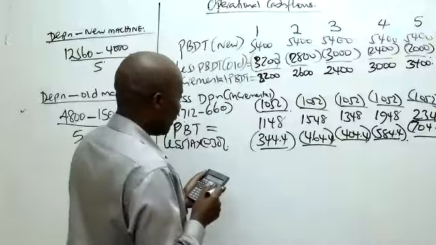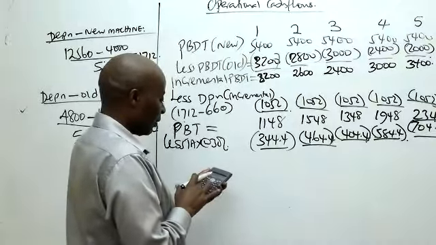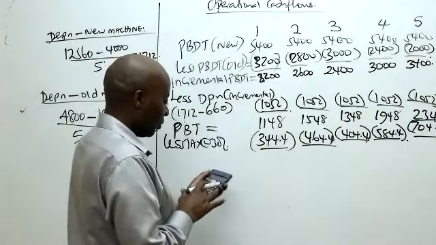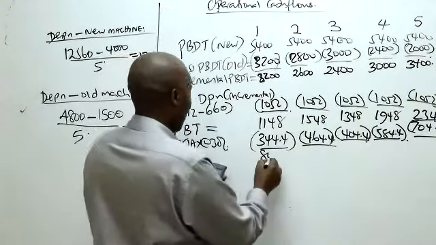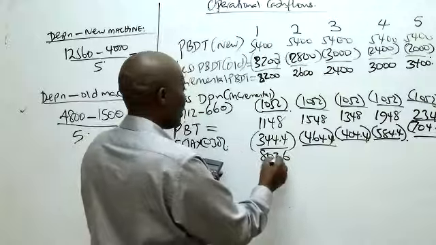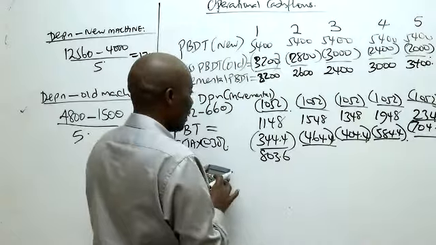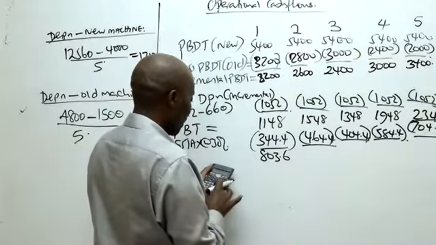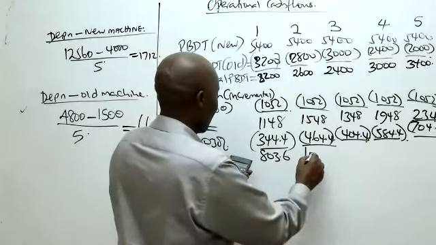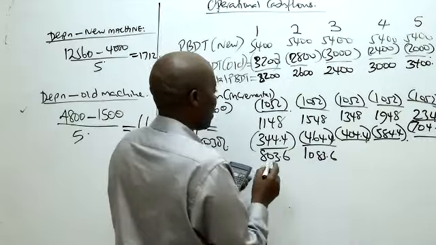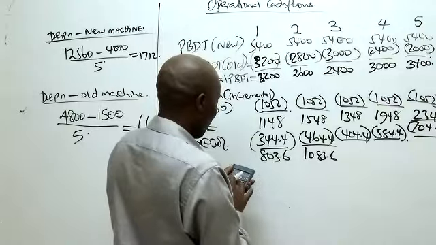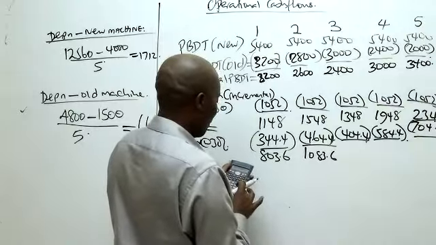So we have here 1148 minus 344.4, which will give us 803.6. 1548 minus 464.4, which will give me 1083.6. 1348 minus 404.4, which will give me